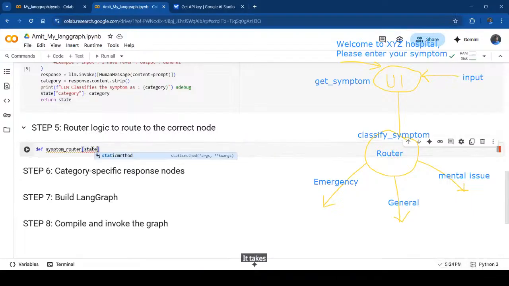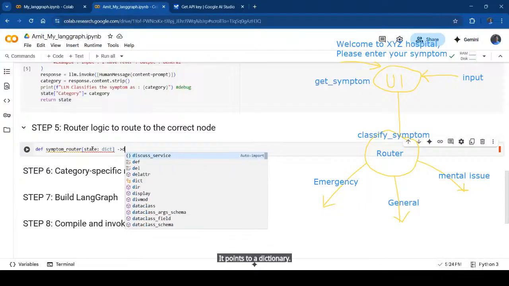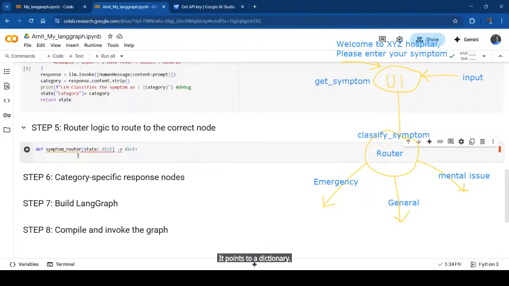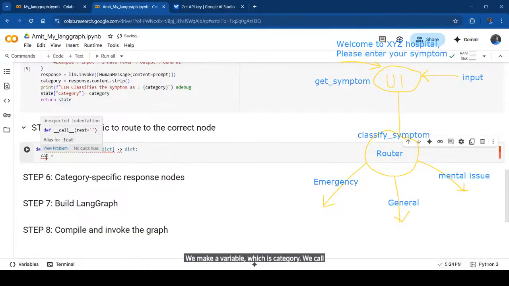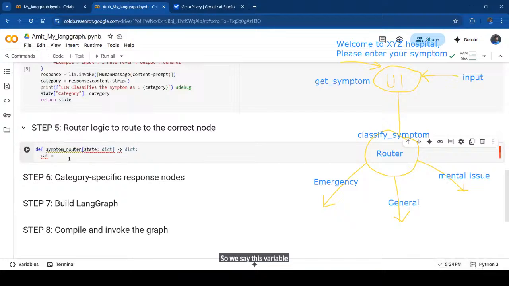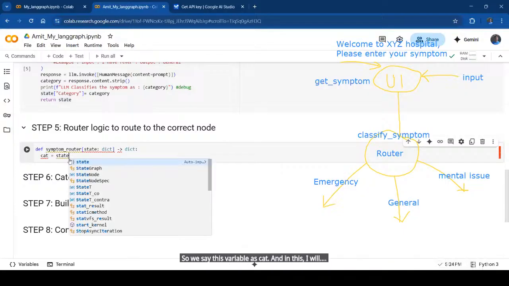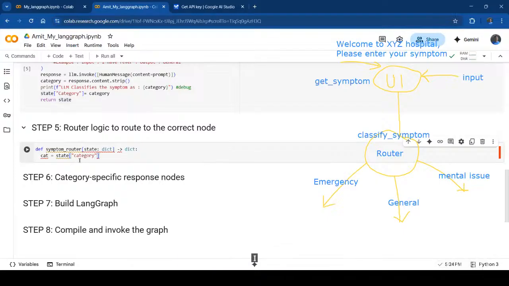It takes in state, right? So this state will again be a dictionary, and it points to a dictionary, and we define this symptom router. Okay. And we make a variable which is category. We call it cat because we already have a variable category, and I don't want to mix it up with this. So in this variable cat, I will store the state. I will use this category key in the dictionary to get the value of the category from the previous state,